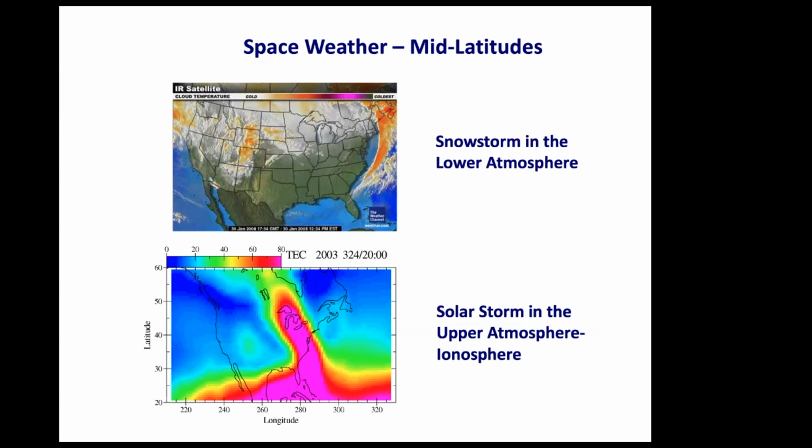In the ionosphere and upper atmosphere, you have what's known as a storm-enhanced density. It's a ridge of high plasma density, and the density in the plasma ridge could be a factor of 2 or more compared to the background plasma density. This feature extends from below Florida up to Canada. That's a nice comparison to show that you get storm features in the lower atmosphere and indeed in the ionosphere.